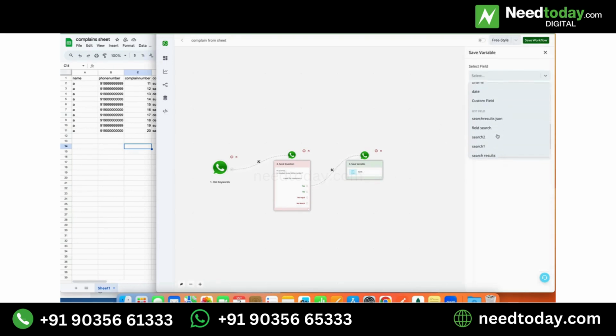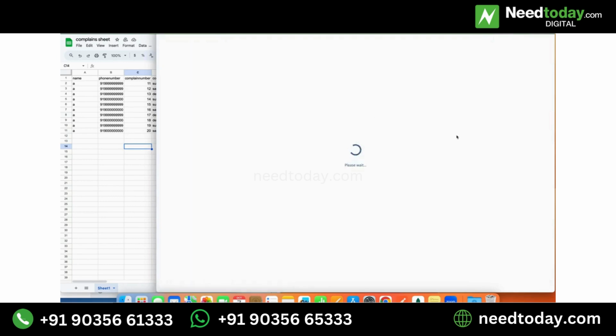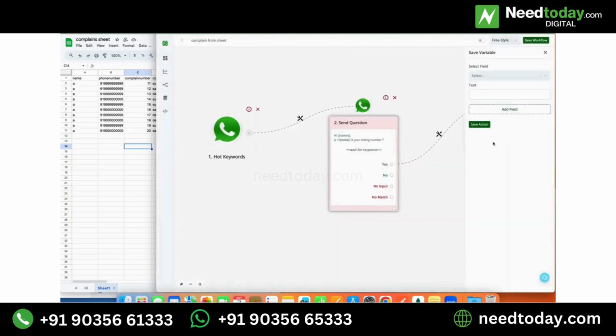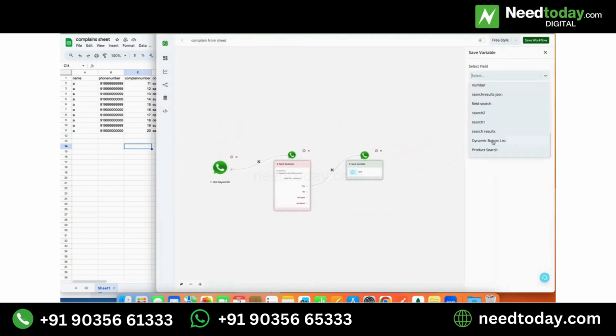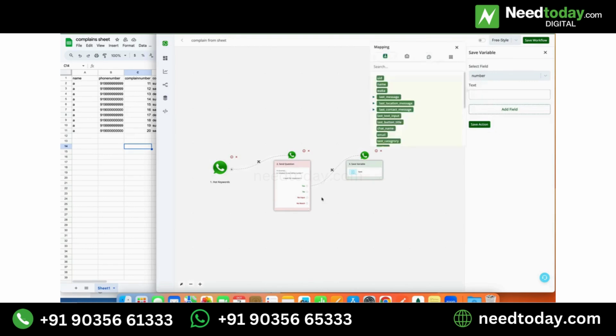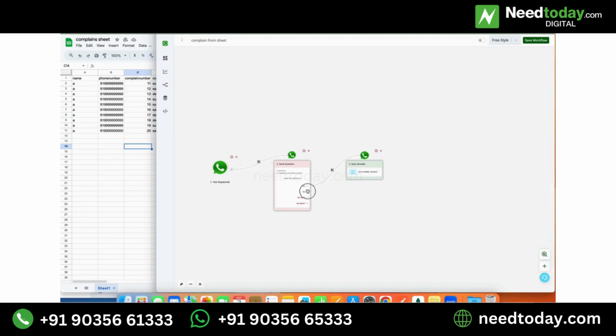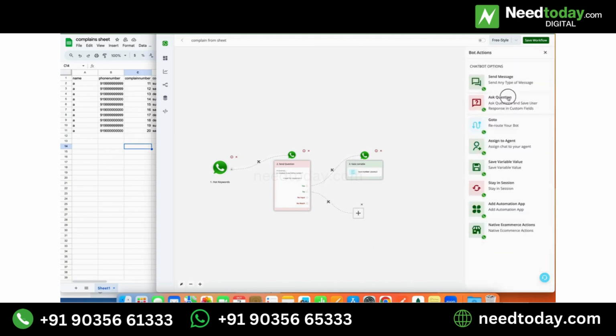Here, let me select the newly created bot field. Okay, I need to refresh the page. So if you refresh during your bot field creation or after a bot field creation, if you don't save the workflow, your work would be lost. So here I have the field as number. If the user says that the WhatsApp number from which he is messaging is the billing number, I am simply saving it here as the WhatsApp number, and if he clicks on no, then I'll ask the user